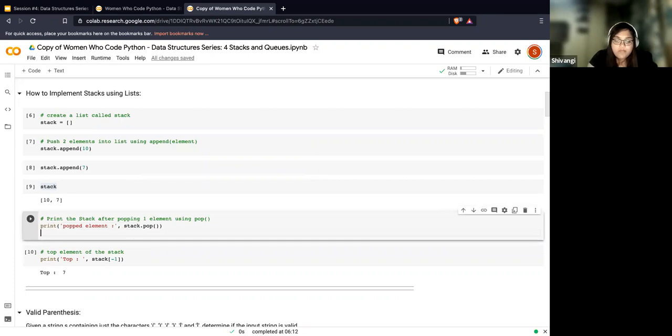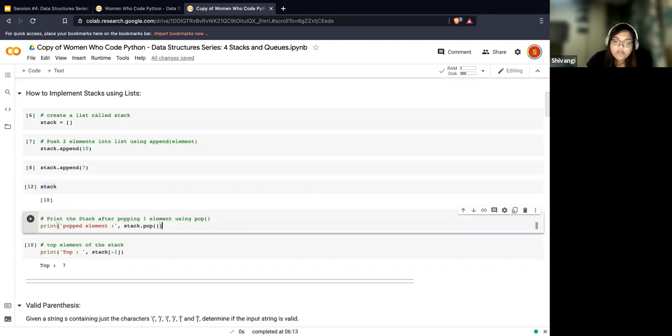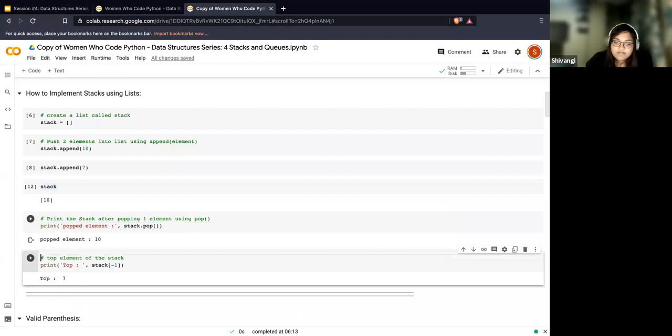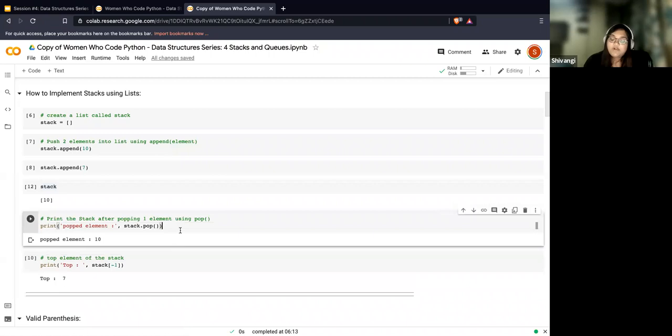And what do you think the stack looks like now? If I had to print. So there's just one element. Now let's say if I had to run this again, what do you think is going to happen? So 10 is removed. But what happens if I run this again? What do you guys think is going to happen? Is it going to run? Would you type in your answers on the chat?